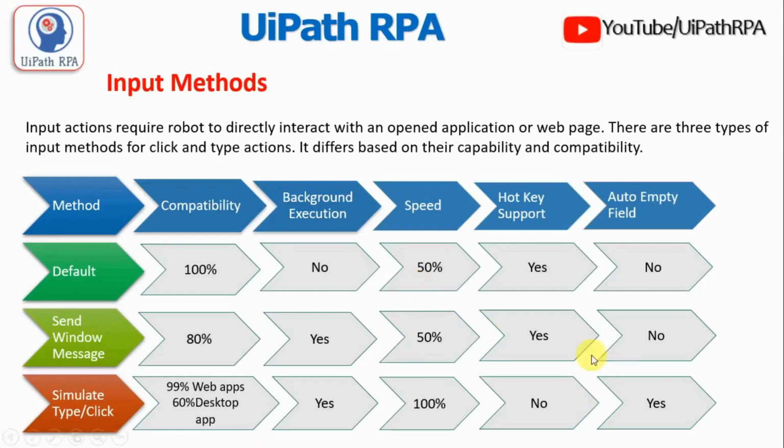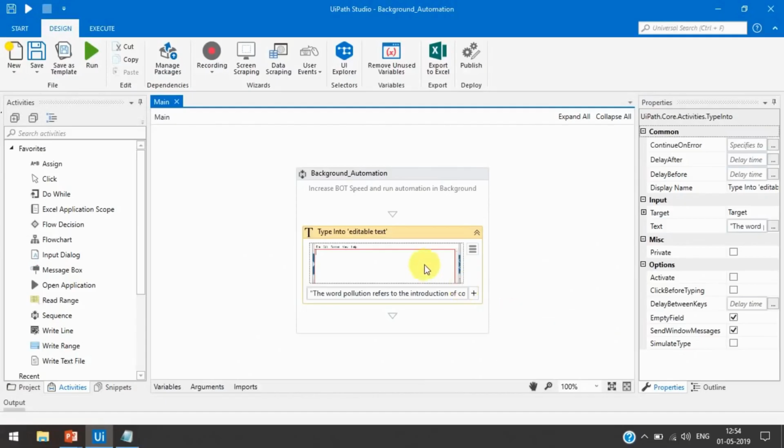Now for the speed, you can see it takes about the same time as the default method, right? So this is also not fast in speed. And we have also checked auto empty field, it doesn't support it. So for that we'll have to use the empty field option. Now let's see the hotkey support option, whether it supports hotkeys or not. So for that here